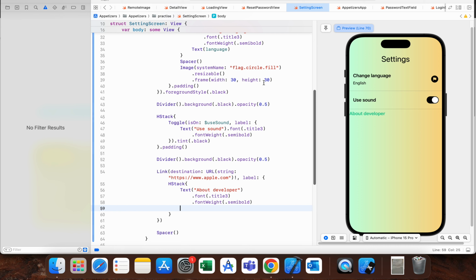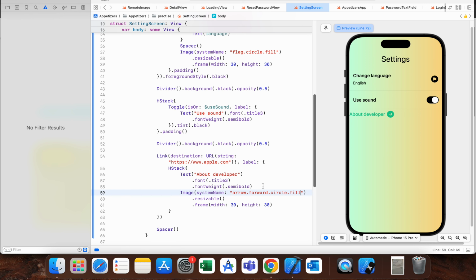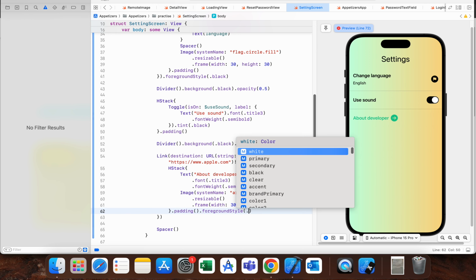and for the image I'll copy paste this and use image with name arrow dot forward dot circle dot fill. That's the image. On the whole HStack I will add some padding, foreground style also black,